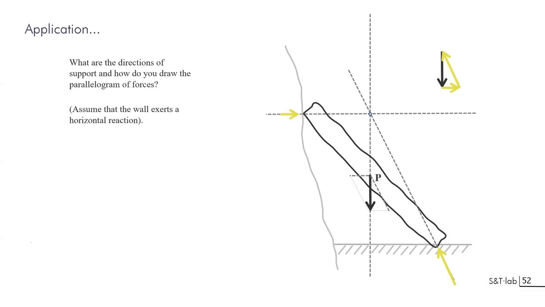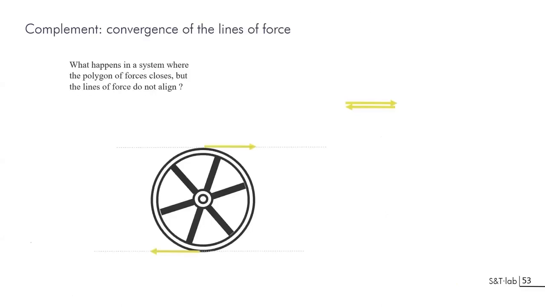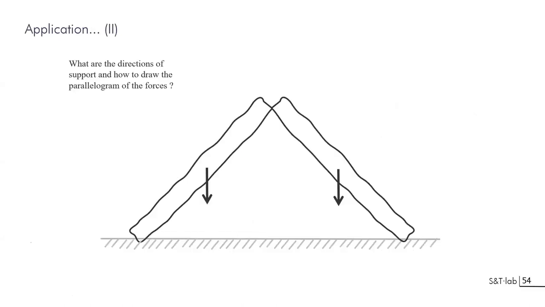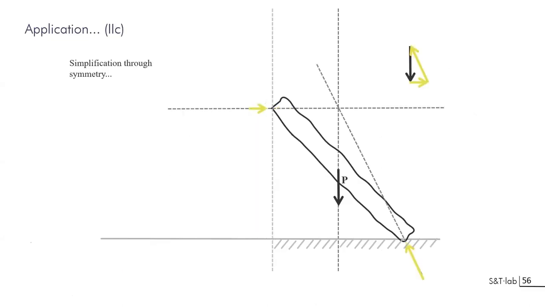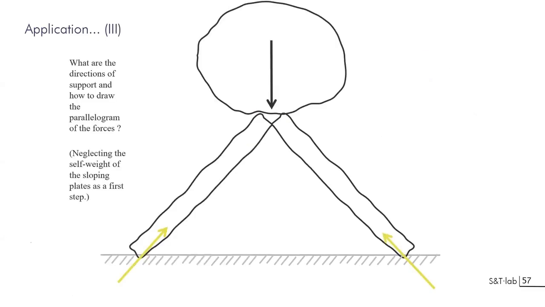That's very simple, but you will see that there are very interesting applications to this. If you have forces that are not aligned, you will just have a system that will be rotating, as for instance here on the wheel. You can generalize this system. If you have two systems, this is symmetrical, so you can cut it in two parts, having the same kind of resolution. You can progressively complexify the system, just considering the weight that is resting onto the two flat support stones below,